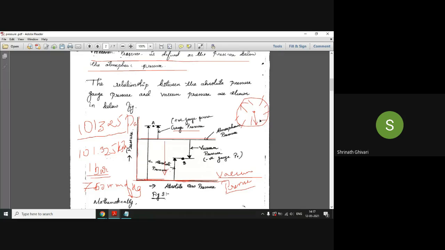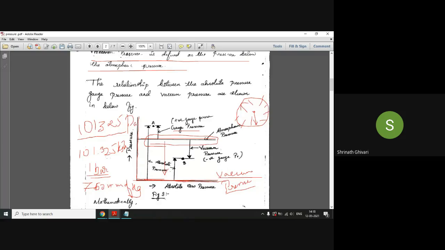It will always be 0 because here we are taking everything with respect to atmospheric pressure. So atmospheric pressure in a pressure measuring instrument will be 0. Whenever you see a pressure gauge, it will be at 0. But don't you think atmospheric pressure will be acting on that? Obviously, it will be acting, but we are considering it to be 0. Whatever datum we are referring to here, the pressure we measure with respect to this datum, the atmospheric pressure, is known as gauge pressure.